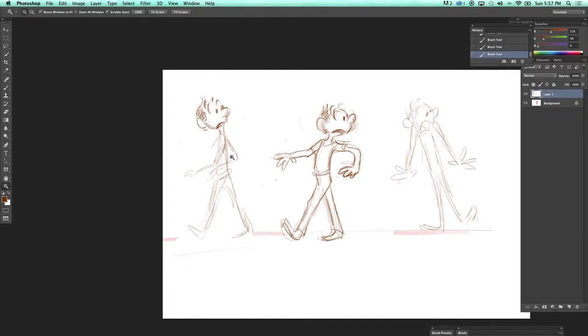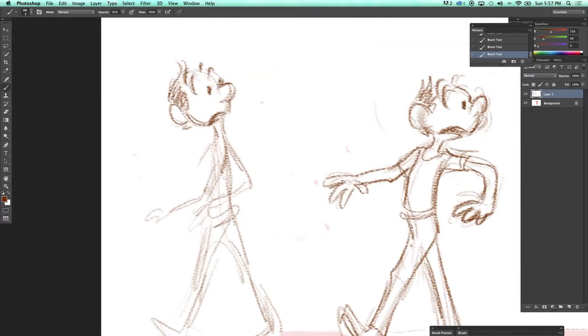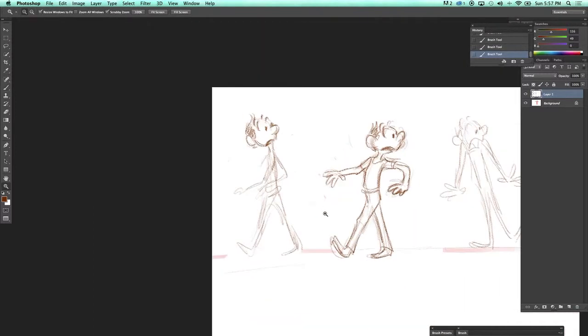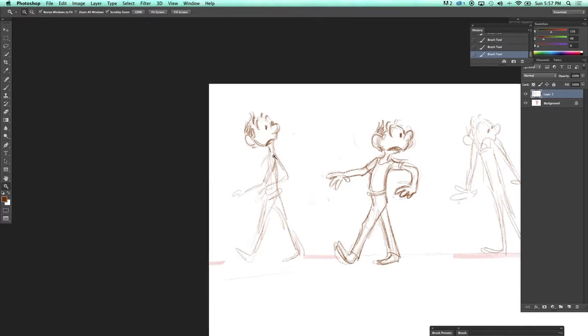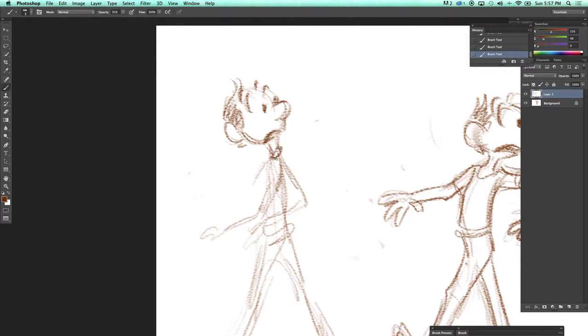So I'm just kind of in the middle of doing some drawings of a character walking, noticing something, and freaking out. Just basically 3 storytelling drawings here. So